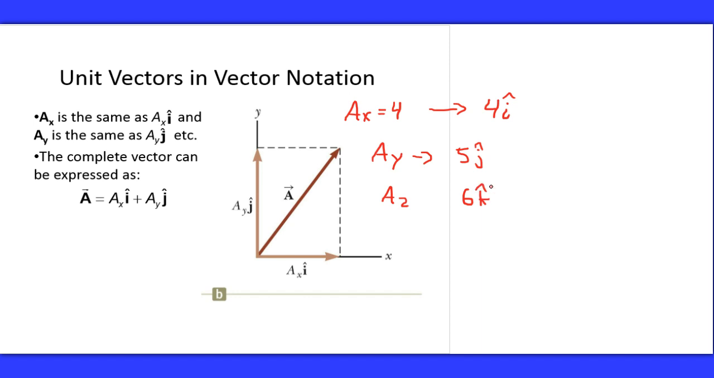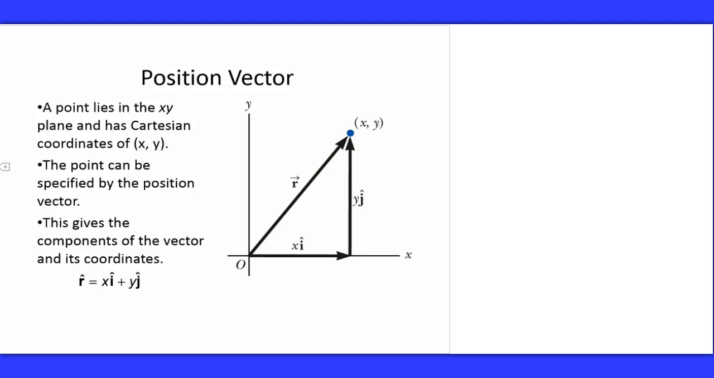And so this is how we want to denote our vectors. The number gives us the magnitude, and then the letter gives us the direction. So we can use this to replace our x and y notation. So if we had this point right here that was at 4, 5, rather than using our standard Cartesian coordinates, we could rewrite this as